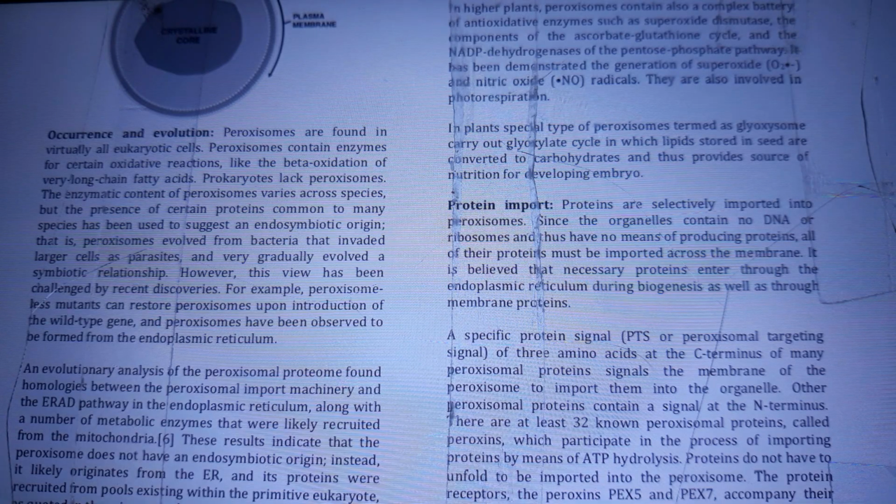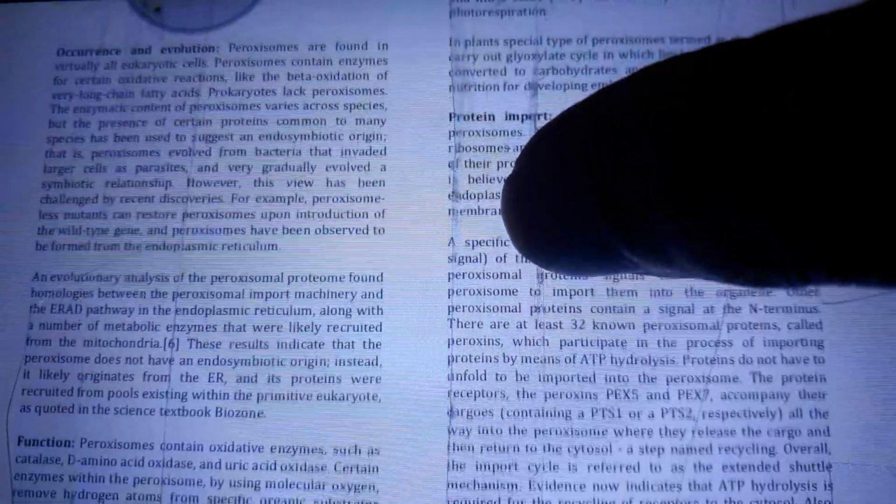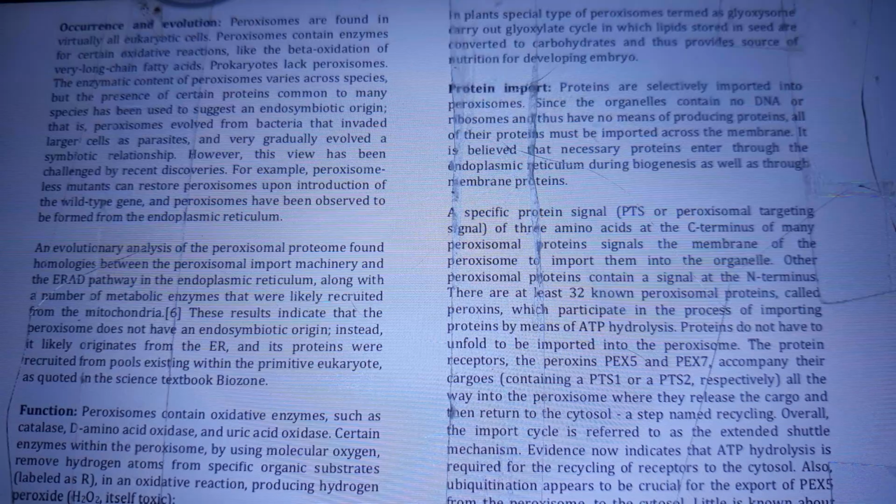to suggest an endosymbiotic origin, that is, peroxisomes evolved from bacteria that invaded larger cells as parasites, and very gradually evolved a symbiotic relationship. However, this view has been challenged by recent discoveries. For example, peroxisome-less mutants can restore peroxisomes upon introduction of the wild-type gene, and peroxisomes have been observed to be formed from